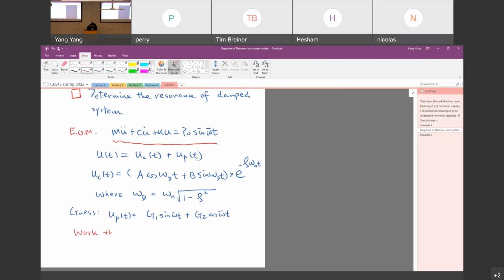If you work through that, I'm just going to skip the math here. Similarly, as we did for the response of the undamped system, we should be able to get the response of the damped system. The particular solution here is equal to P0 over k times